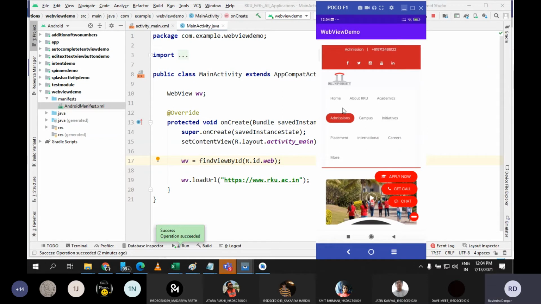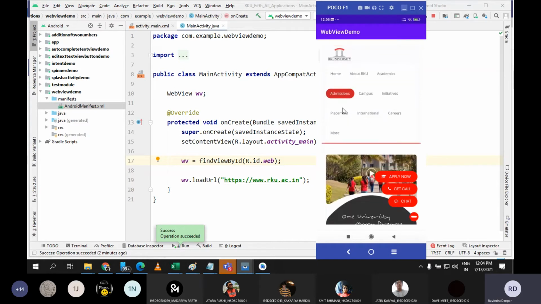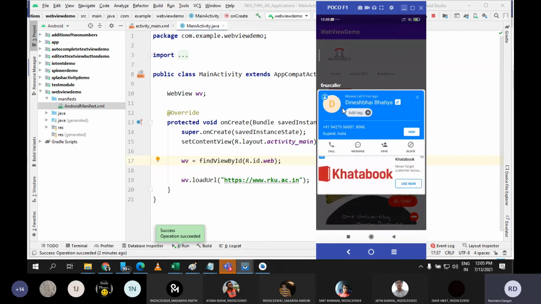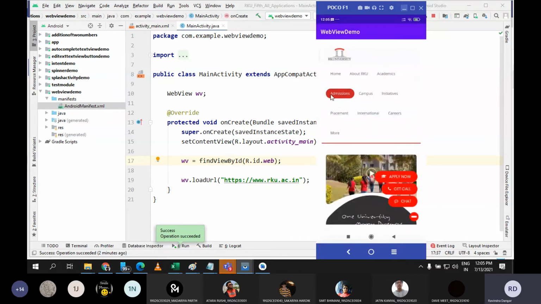Fine. WebView is responsible for displaying only one web page. So if all the pages are active, then it can go to the browser again. But in that case, what you can do, once you click on this, you can go to the next activity where you can place one more web view, if you don't want the user to go outside your application. This is what you can do. Whenever you have a requirement where you want to load only one web page in your activity, you can always go with the concept of web view. Is it fine?